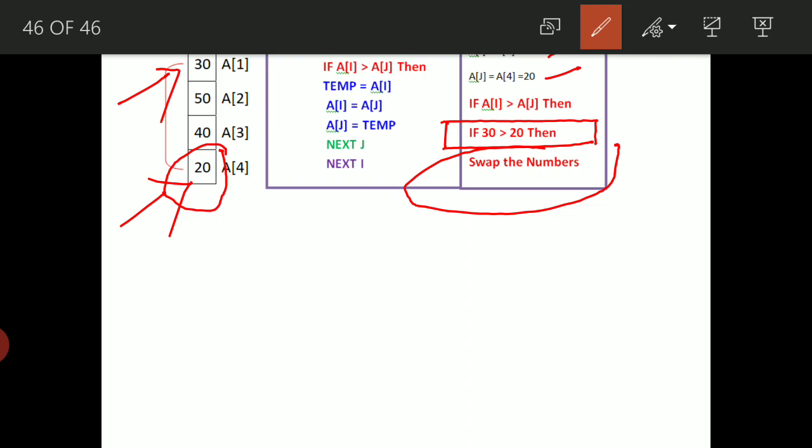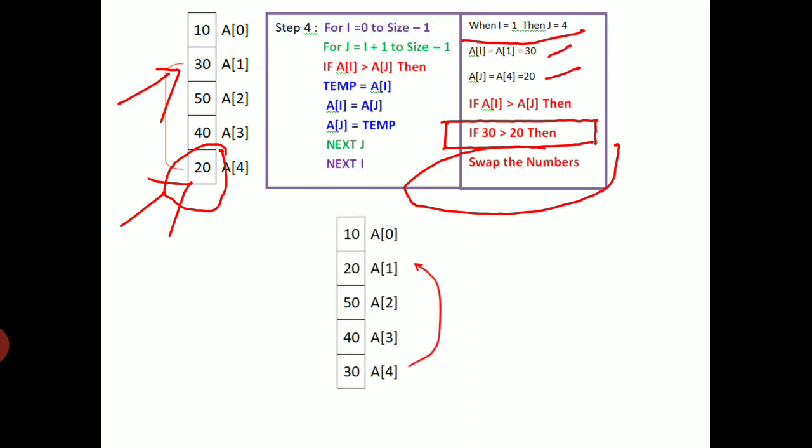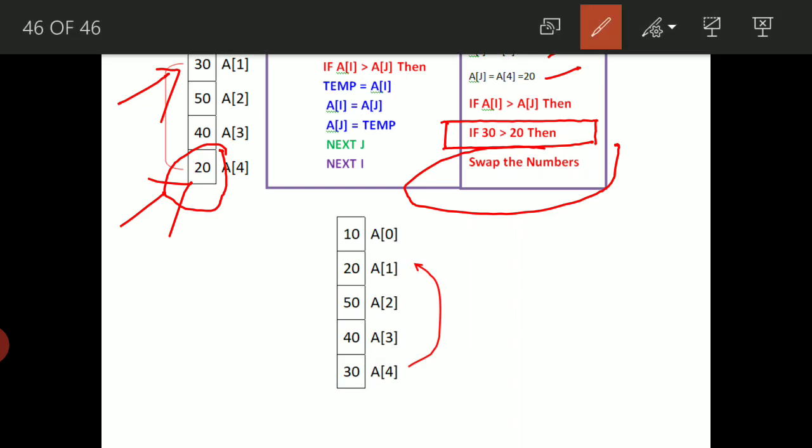If you swap the numbers, what is going to be the output? Now you are going to get the second position correctly. First is 10, then the second value is how much? 20. We got only two values arranged. Now this loop will continue. Now i will get incremented. What happens now? Because j has finished, the j value became 4 now. And after 4, now what happens? It breaks. The inner loop breaks.